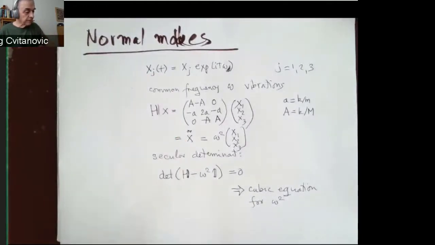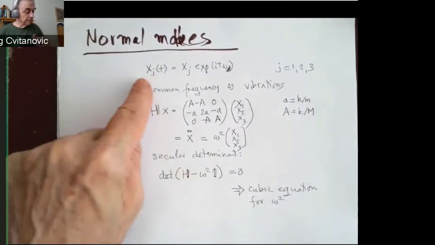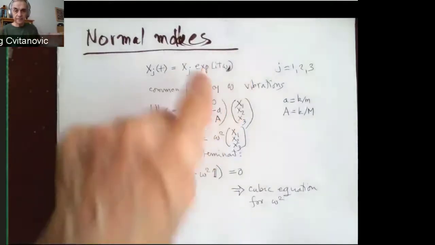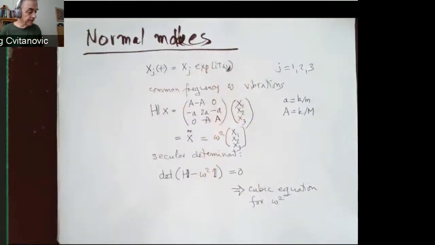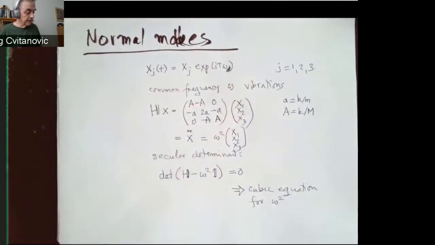We'll be looking for a frequency omega such that we can separate position x at time t into a variable x1, 2, 3, and the time dependence is in this oscillatory function. If we put this in acceleration, we will have to take two derivatives, bringing it down twice, and we